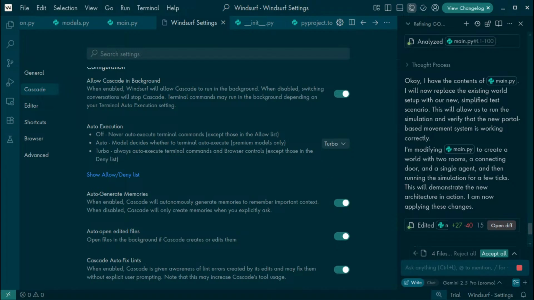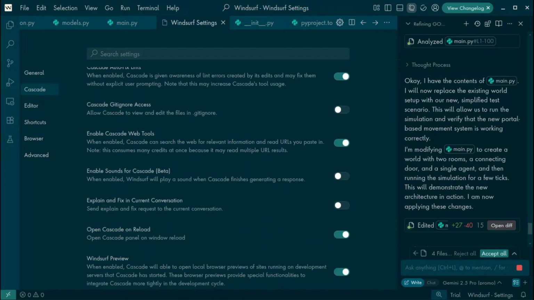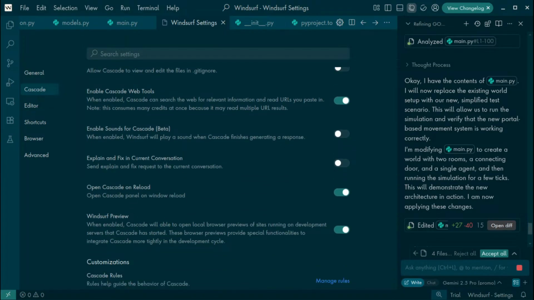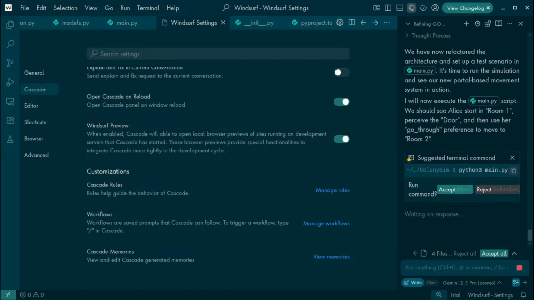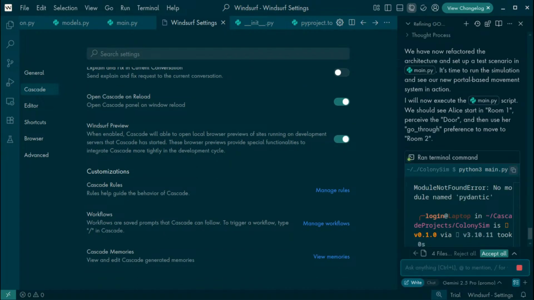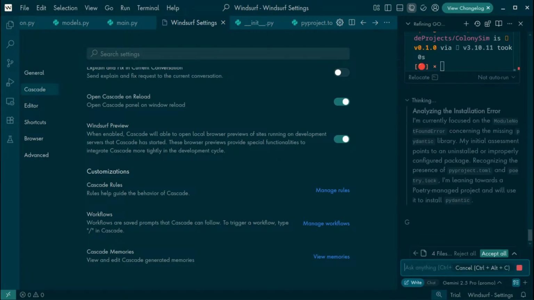Yes, this will be fine. Yeah, this is a bad idea. There we go. Cascade web tools, sound. Well, that might be cool. Cascade on reload.